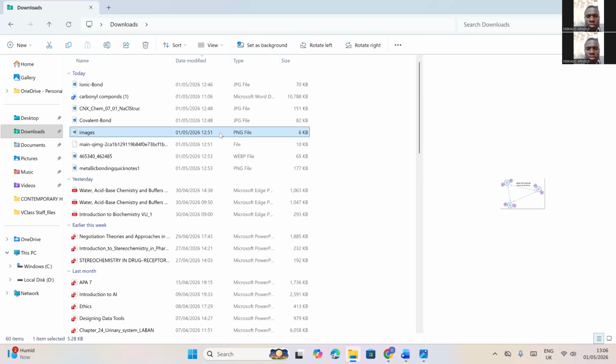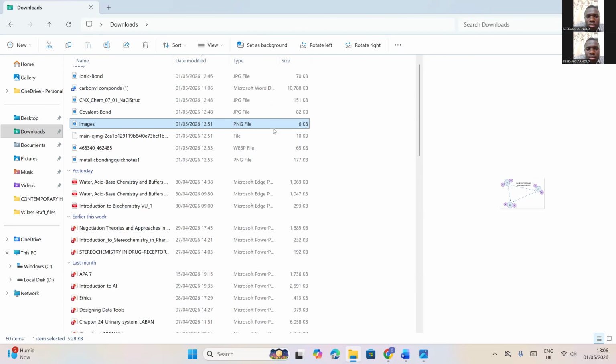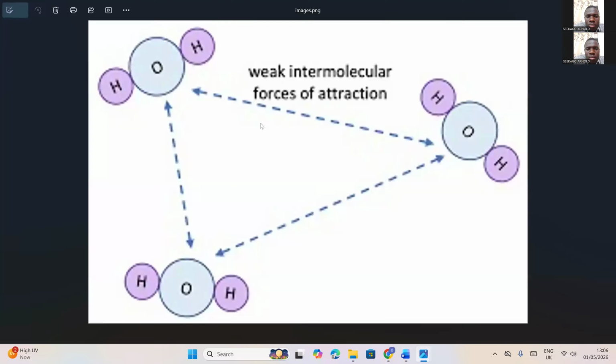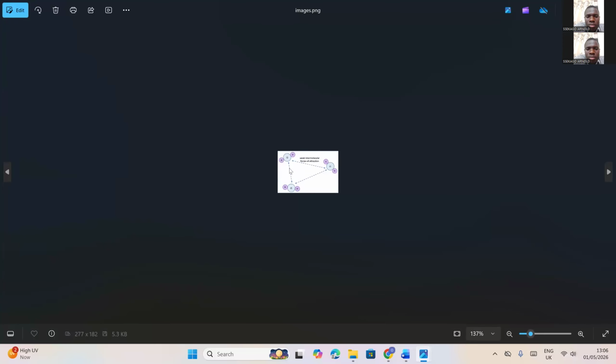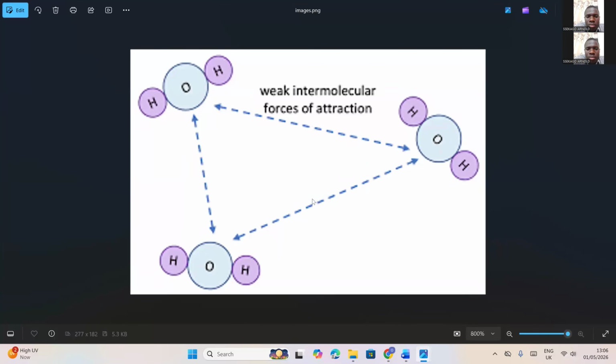Covalent bonding results in the formation of two types of structures. There is the simple molecular structure. This is now the simple molecular structure in water. Recall that the simple molecular structure,